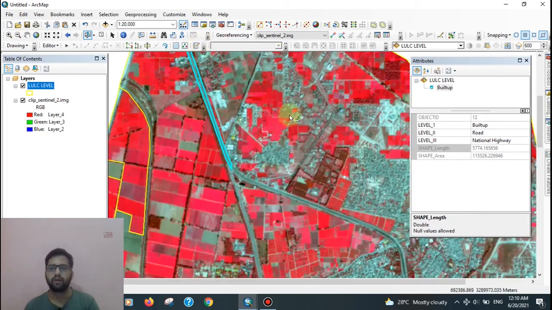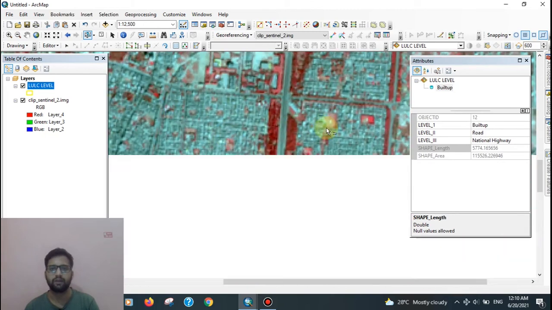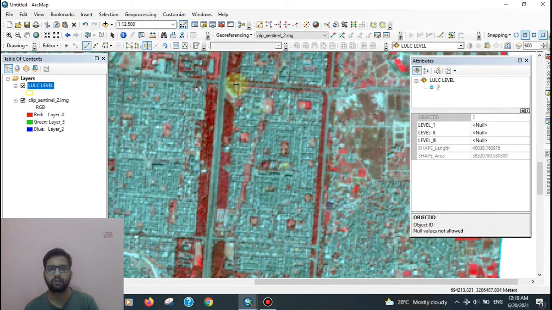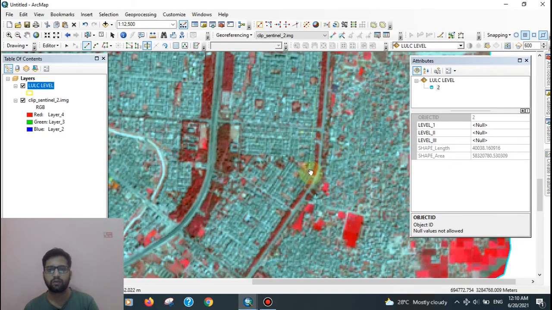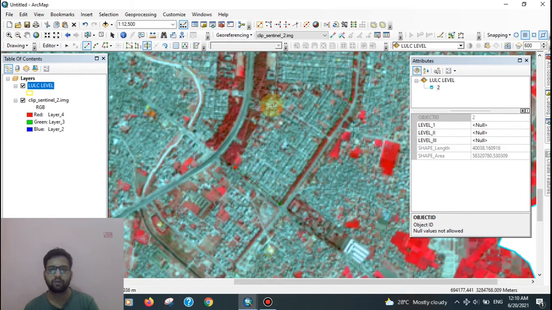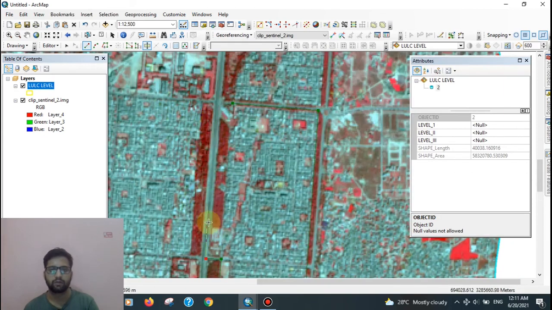Okay, or again if you want to digitize a settlement, select, okay, go to cut polygon, again select, okay.